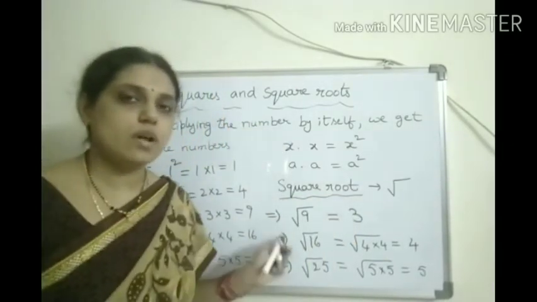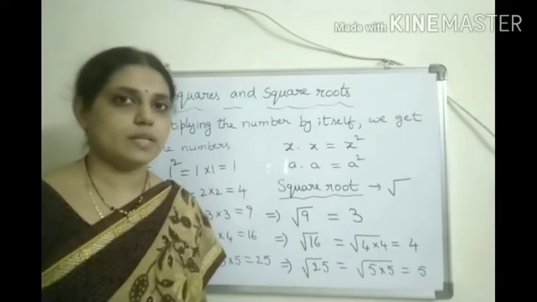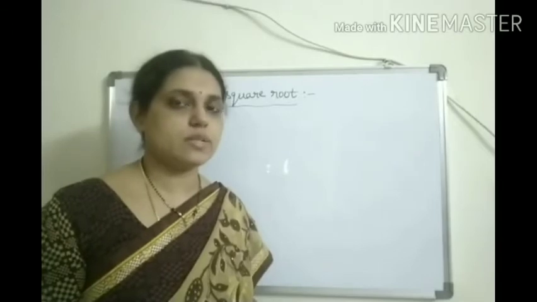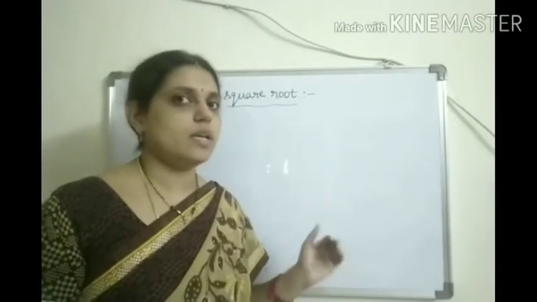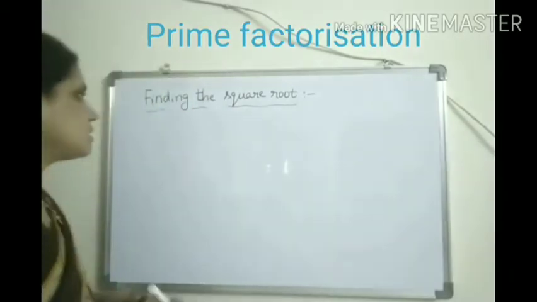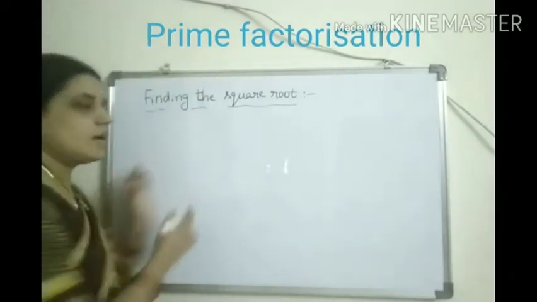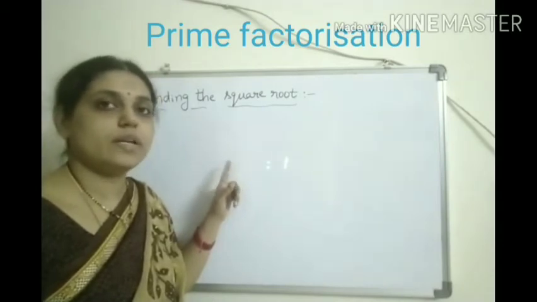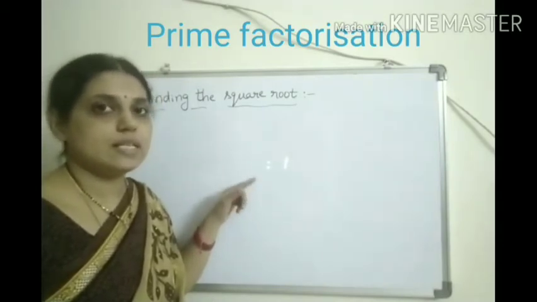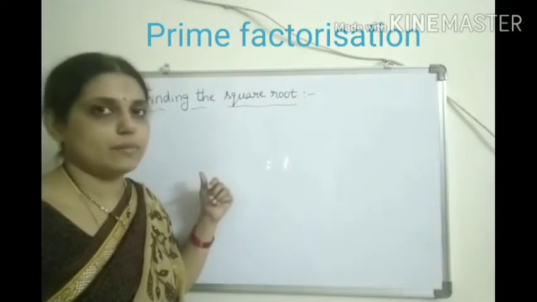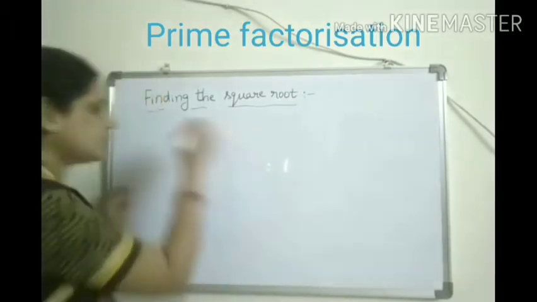So all this we are going to use in Pythagoras property. Let us learn how to find the square root also, since we need it in doing the sums related to Pythagoras property. How to find the square root is by prime factorization method. That prime factorization method you already know. In finding the HCF, LCM, in all these you used the prime factorization method. So one example I will give.